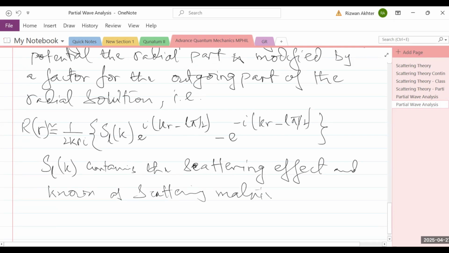So इसको हम मैट्रिक्स की शक्ल में नजर आएगी आगे चल के. सो फिलहाल let's say we talk, we say that it is in fact some factor which contains the scattering